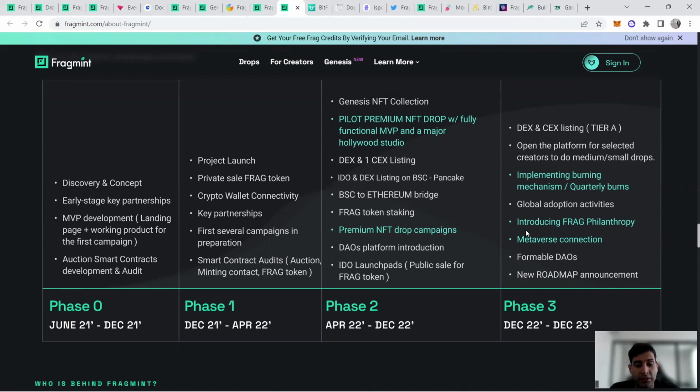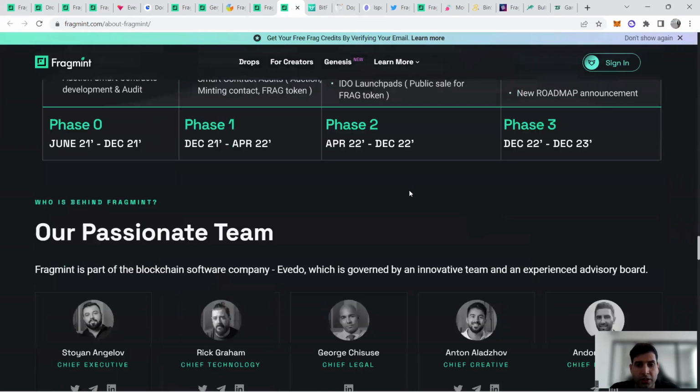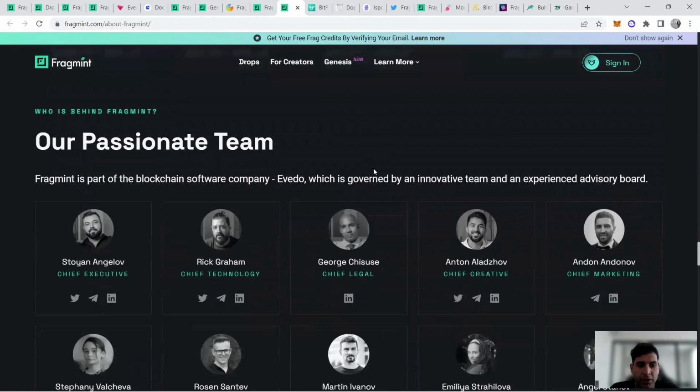In December, so the phase 3, which is next year, they're going to list on several tier 1 centralized exchanges, platform selected to small drop for creators, and implementing the mechanism for burning based on the revenue, as I've mentioned earlier. And they're going to have the adoption phase with the DAO and Metaverse connections. And after that, based on how they're progressing, they're going to update the roadmap.